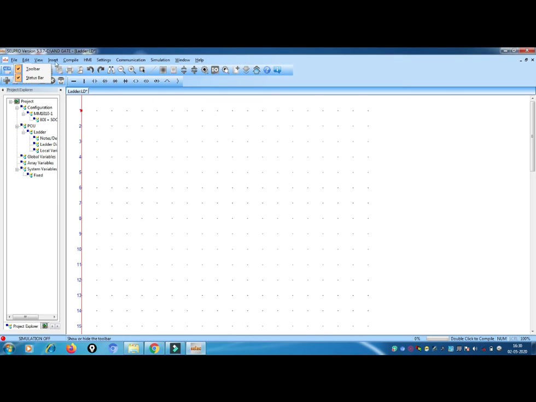These are the bars. These are the tools which we are going to use when we are designing our circuit diagram. Okay, so these are the main helpful tools, guys. See, this is a horizontal line, means this represents a wire. We can't say this is a line, this is a wire. Okay, so this is a horizontal wire, we have to take it horizontally, and this is a vertical wire. This is NO switch, this is NC switch.